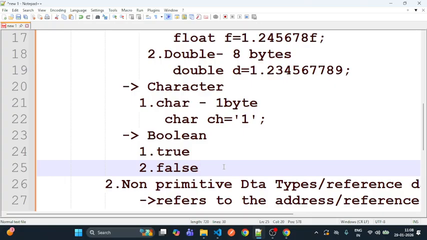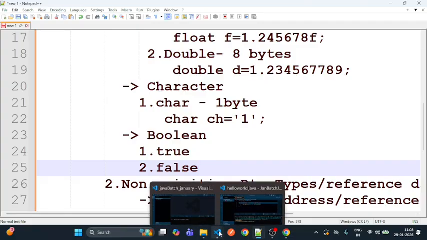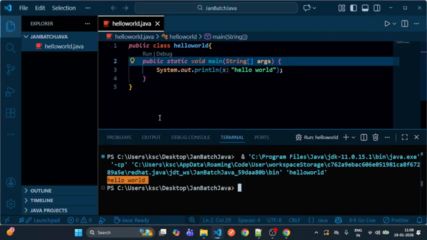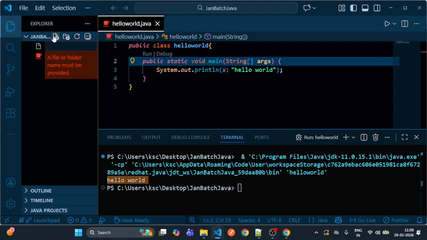First we'll see these basic primitive types in a programmatic way. Later we'll move to the non-primitive data types. Okay, in VS Code, I already have this one, right? In this I can create a file. Normally you can use any name as a class, and that class name you have to use here. Data type,